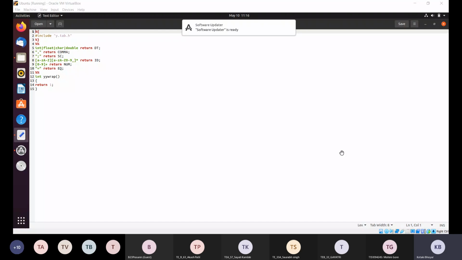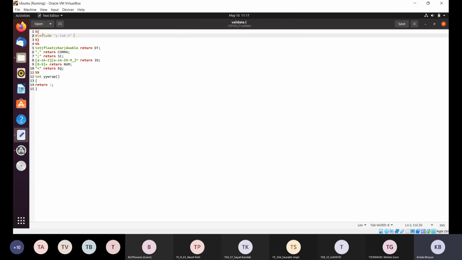Okay, so now today we are going to implement the syntax analysis phase of compiler. What is syntax analysis phase of compiler? Syntax analysis means we have to check whether the given statement is following the correct syntax or not. Okay, that is the main thing, and to identify this we are going to use the YAC specifications. Okay, so now this code is there in front of you.